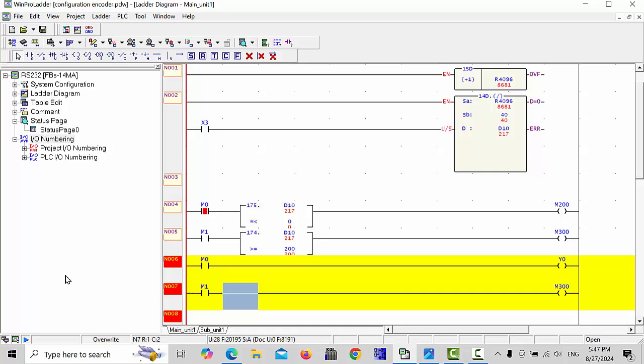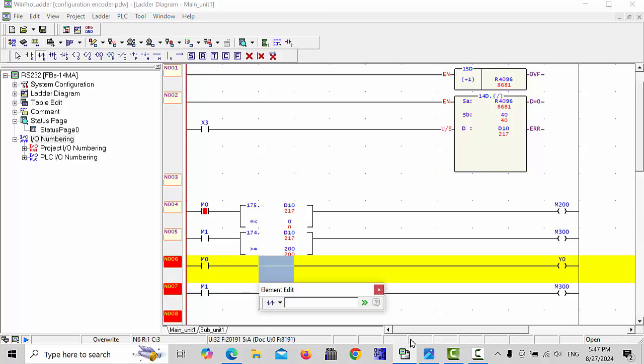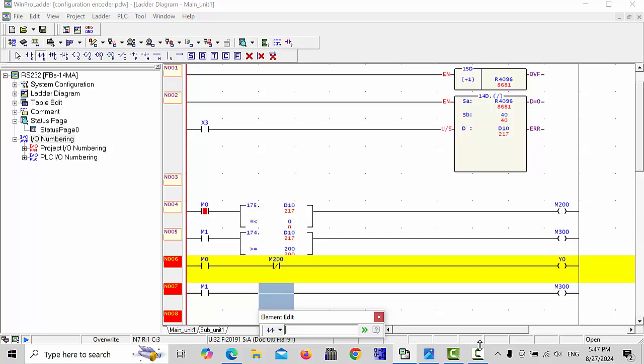This is no issue, any you can use. After this you can make it here a close contact. For example, this M200 is your reverse. M200 you will use here, and here you will use M300